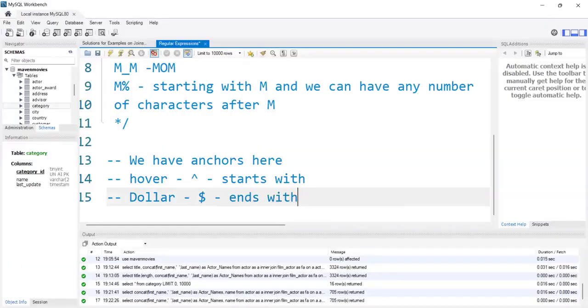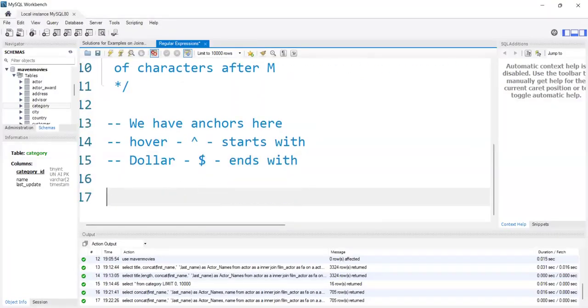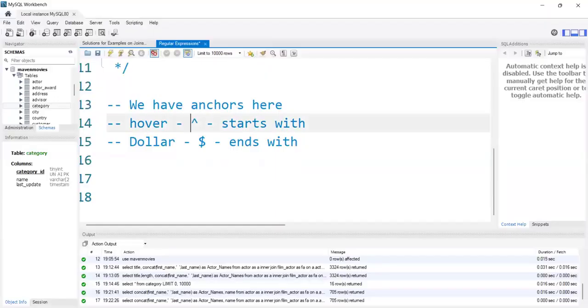Okay, let's solve some examples. If you solve some examples, you can understand very easily. First I will give some examples of these two, and we have a few more. After that we will try to understand them. So for now, let's see hat and dollar. Suppose I will use the Maven movies data only, and if I say